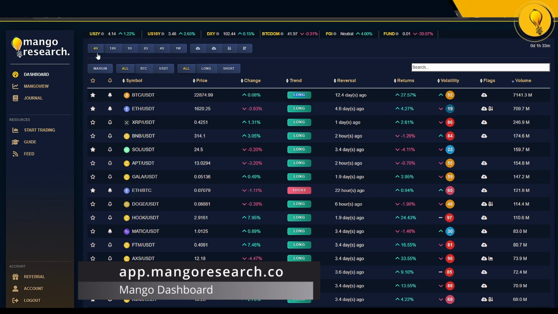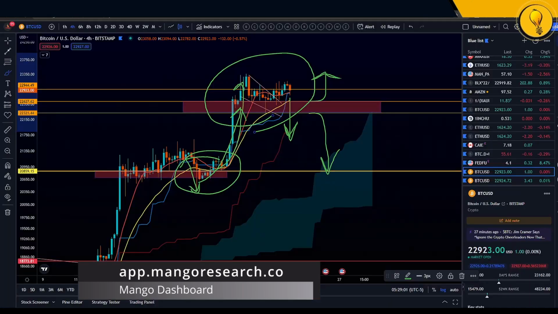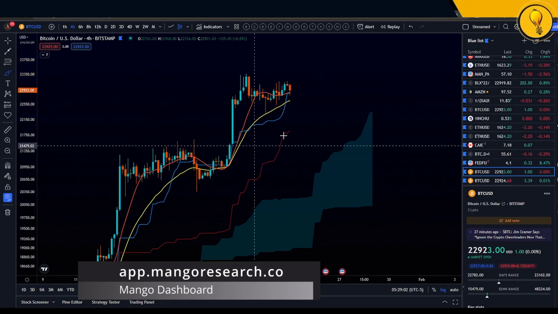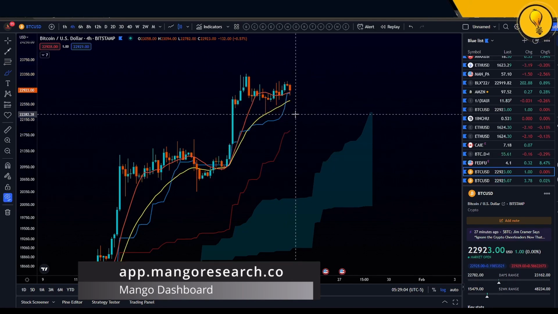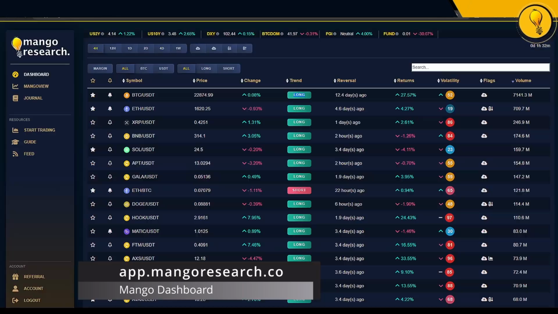However, on the 4-hour time frame, this is what you need to watch out for on the dashboard. If the 4-hour trend flips neutral or short, that's when we know it's time for a deeper pullback for Bitcoin. At that point, I will be looking towards that 21 EMA and the Mango dynamic to be lost. But I'm saying look towards the 4-hour trend on the dashboard because that is something that has kept you